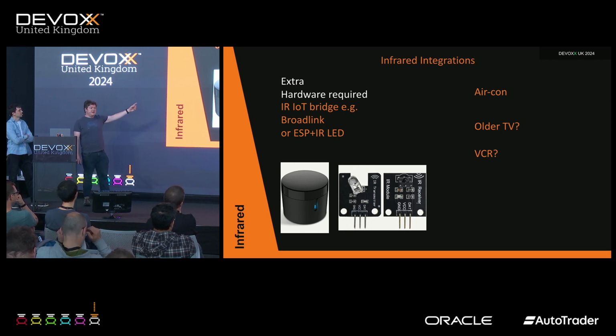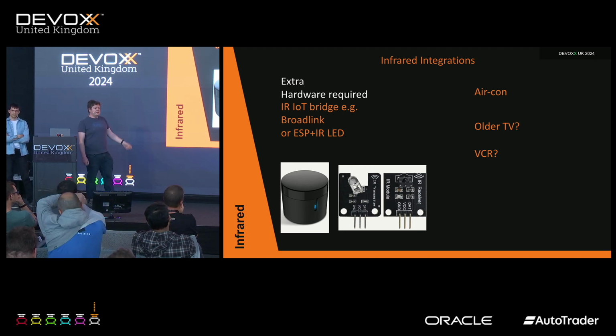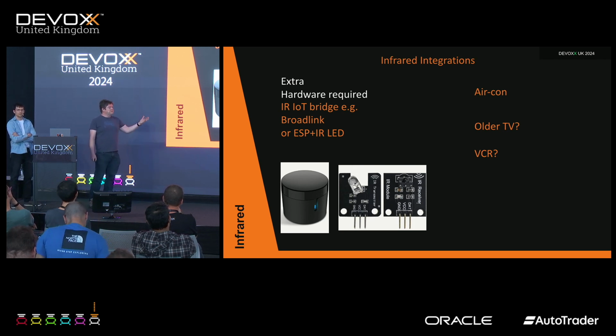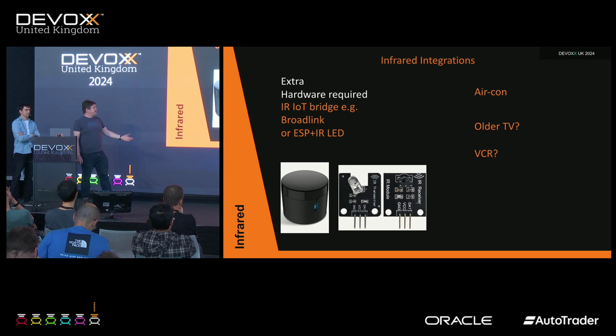If you're still using a video recorder, it's very unlikely to have an Ethernet socket on it. Much more likely to have infrared. I actually use this because my air conditioning unit that I use to keep my office warm in the winter only has an infrared remote control, and so I wanted to have it on a schedule. So I have my schedule organized through Home Assistant, and it sends infrared messages. So even if you've got old stuff that you really don't think is smart, if it's got a remote control,